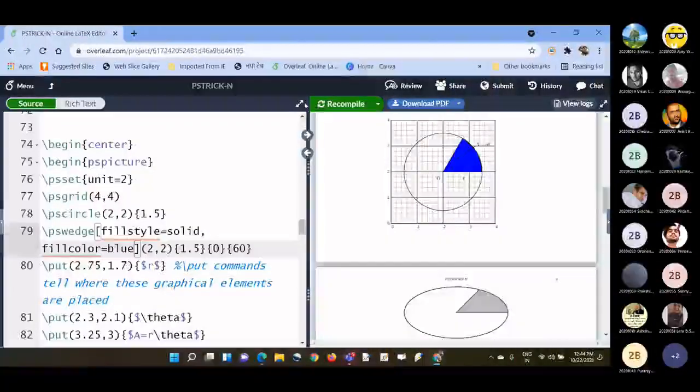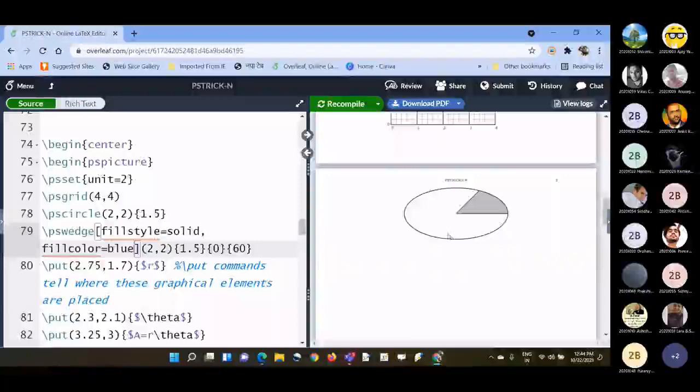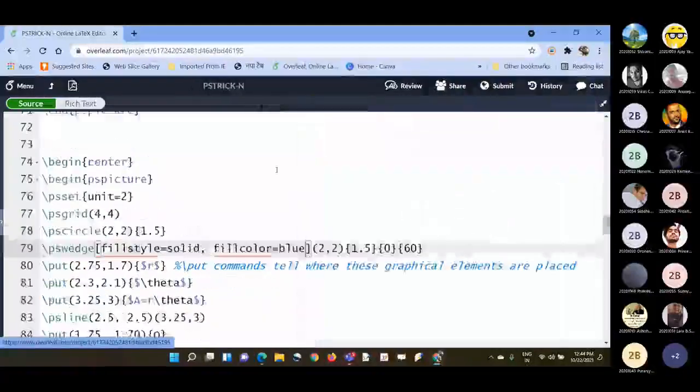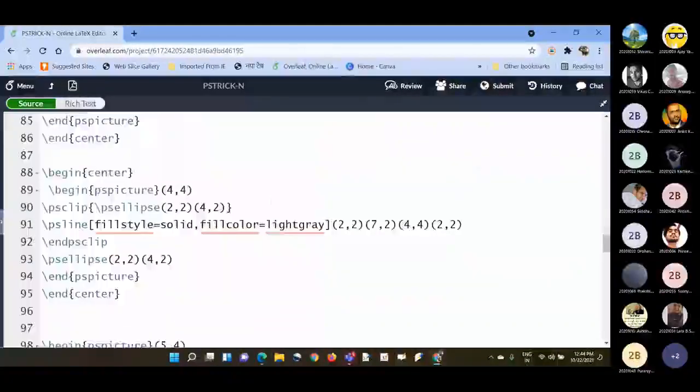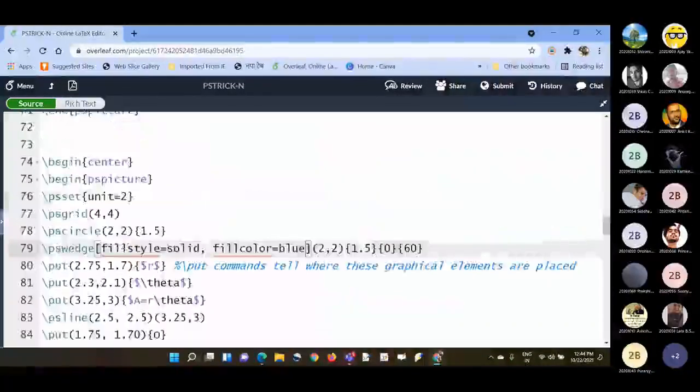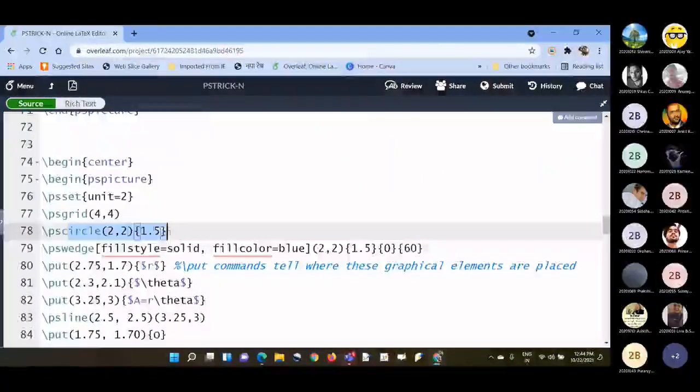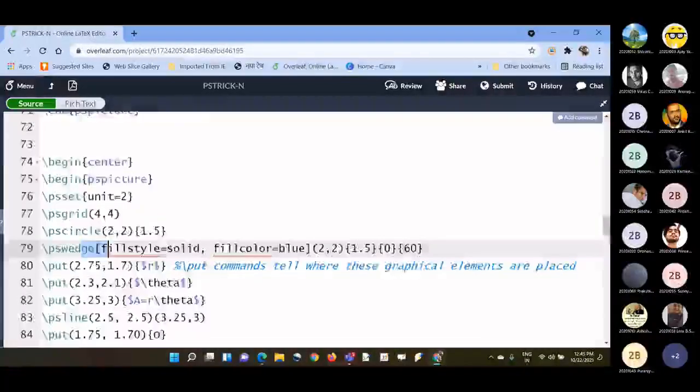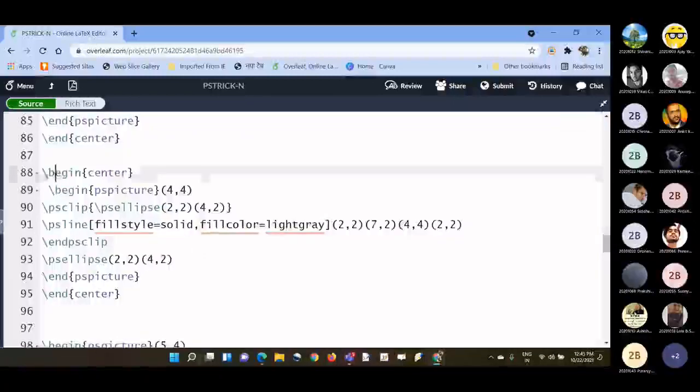Fine. So next is if you are clipping some portion from ellipse. Like here you had some circle, and then you are clipping something, taking some portion and coloring it as you desire.